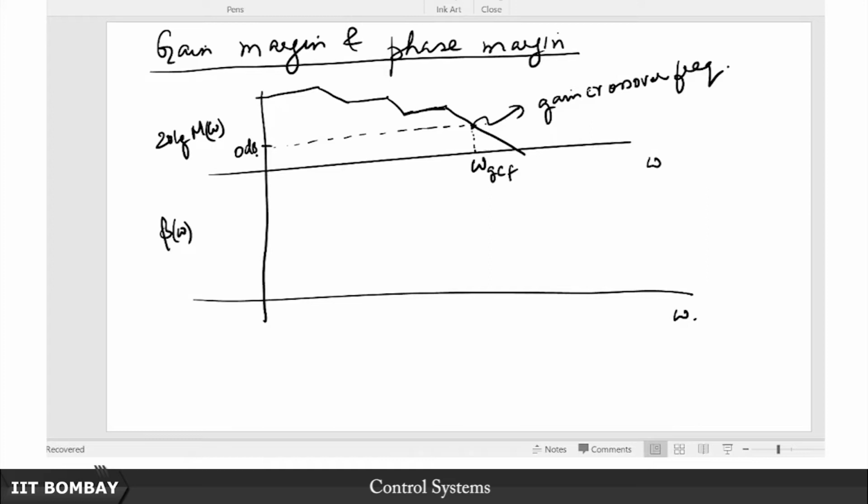Again we will have to resort to that understanding of the angle criteria, which we had discussed while talking about root loci, okay. So for example, now you have a phase plot. So let us say you have starting from 0, and then over here there is a corner frequency, and here another corner frequency, and another, and another, okay. Fine. So now that we have all of this,